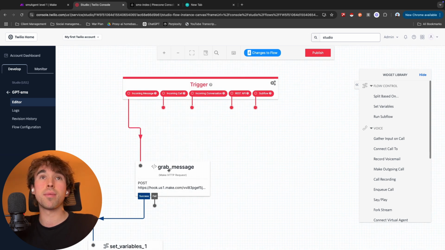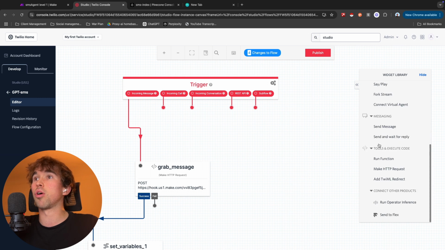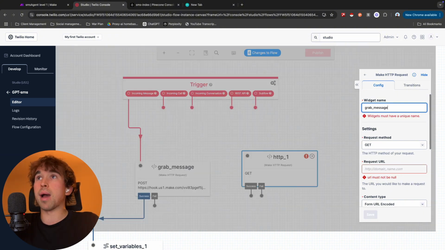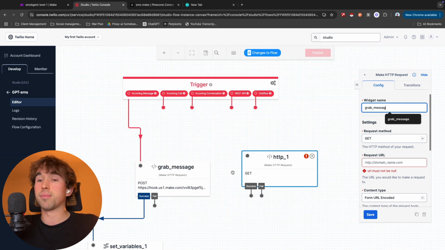So our first one is going to be an HTTP request. We're going to scroll all the way to the bottom, and it's going to be make HTTP request. First one we're going to get right here. Now I want you to rename this so you can see how once you drop a module in, our panel on the right hand side has changed to this make an HTTP request module so that we can configure it. I want you to change this to grab_message right here. Now I'm getting an error. Widgets must have a unique name because my module on the screen is already called grab message. So I can't call it grab message, but you're going to want to name it